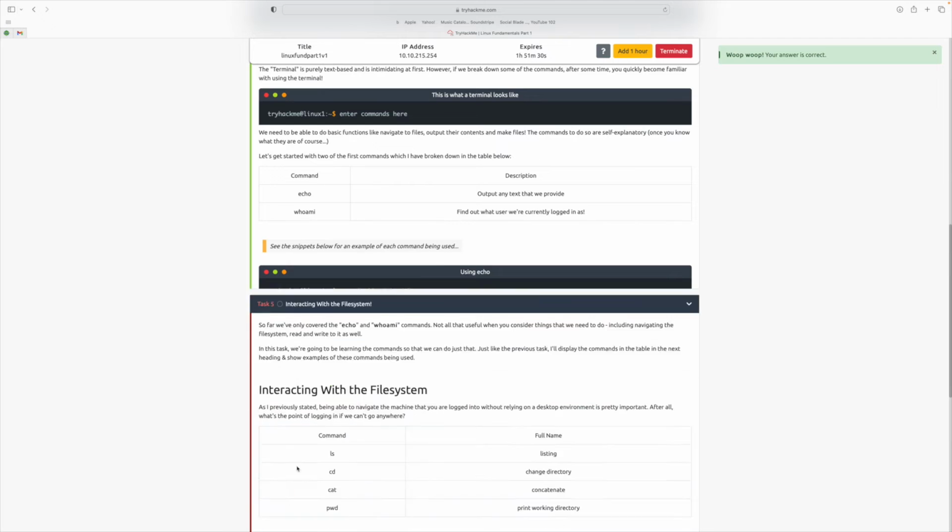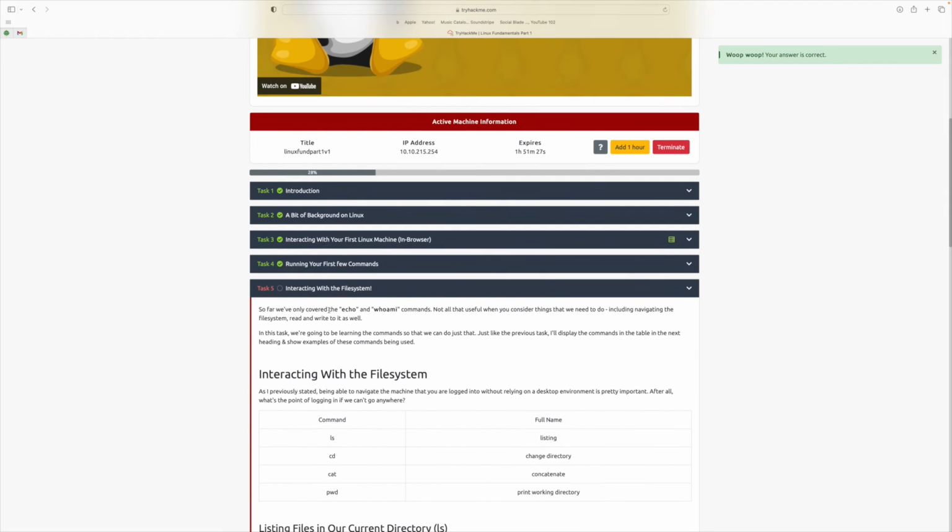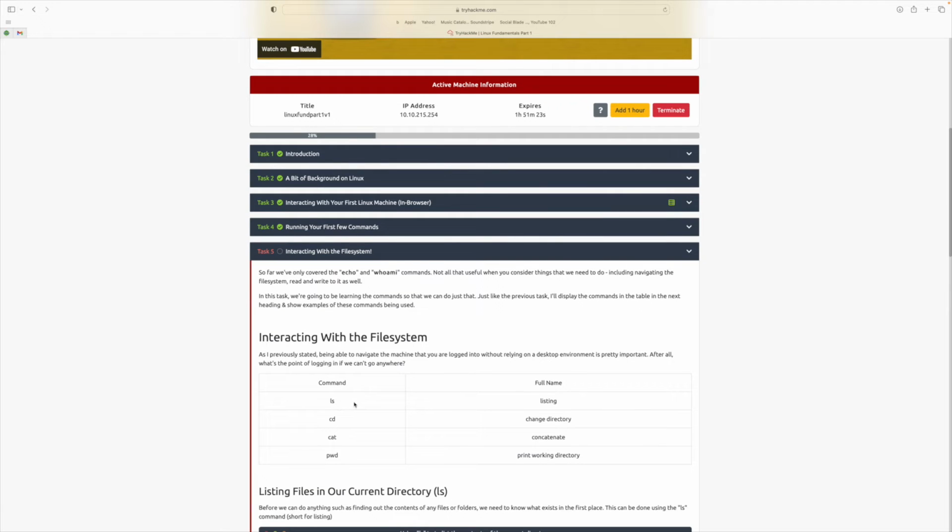Now for Task 5. For Task 5, we're going to be introduced to some more common commands. We're going to learn about ls, cd, cat, and pwd. ls is a command that's going to list your files and subdirectories in the current directory. cd, change directory. This is going to allow you to change from one directory to another one to get files